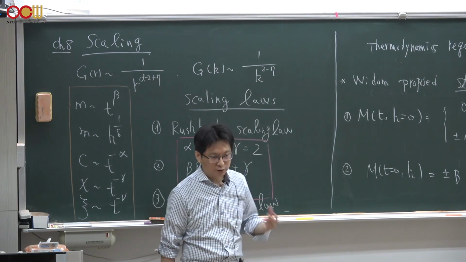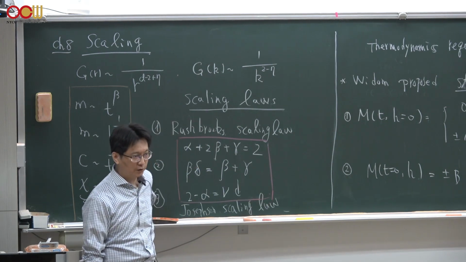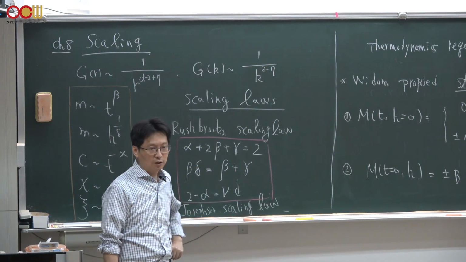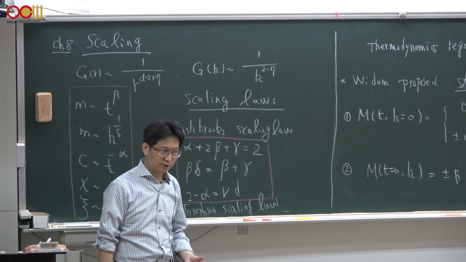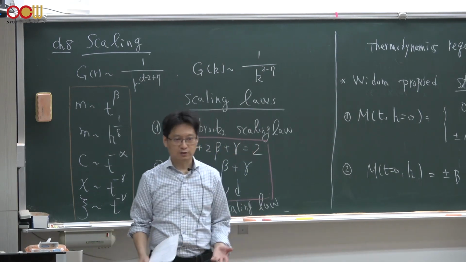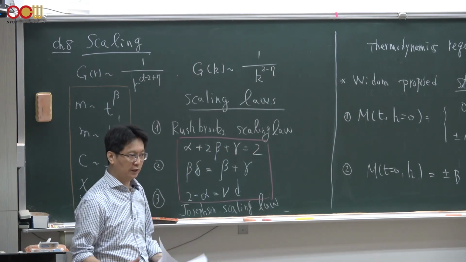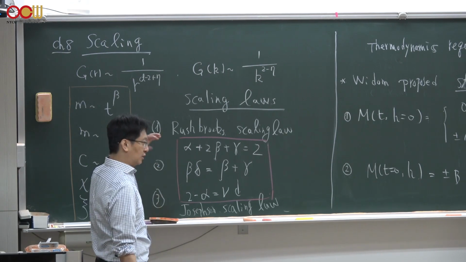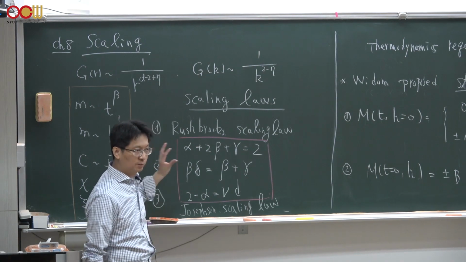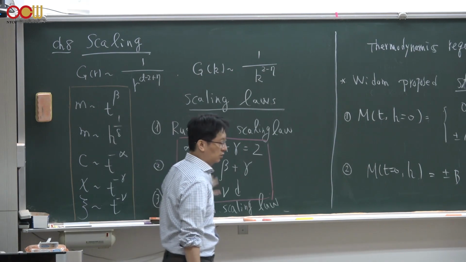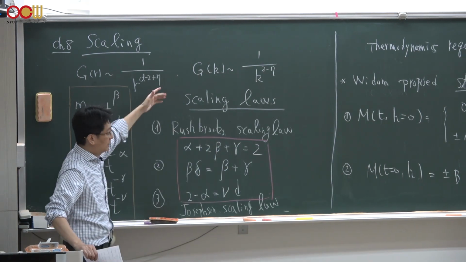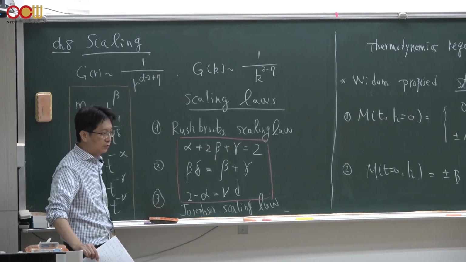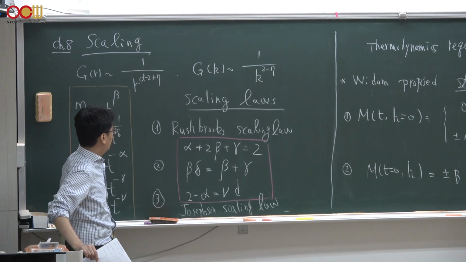But now, since we know all this definition of critical exponents and Landau theory, we should be able to understand why there's a scaling relation, or these scaling properties, from the theoretical point of view. So let's just summarize all these critical exponents that we have introduced so far. The first two sets of scaling functions are the correlation functions, G(r) and G(k), which